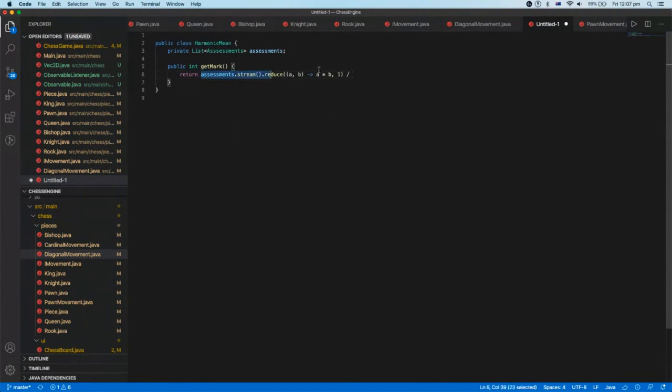And then you could do the same thing for your sum as well if you want. You could reduce it down. It's going to be a plus b, 0. And you can do all this like crazy if you want, or you can just have loops. Loops are fine as well, right? And so what you're doing is you're reducing these sets down into